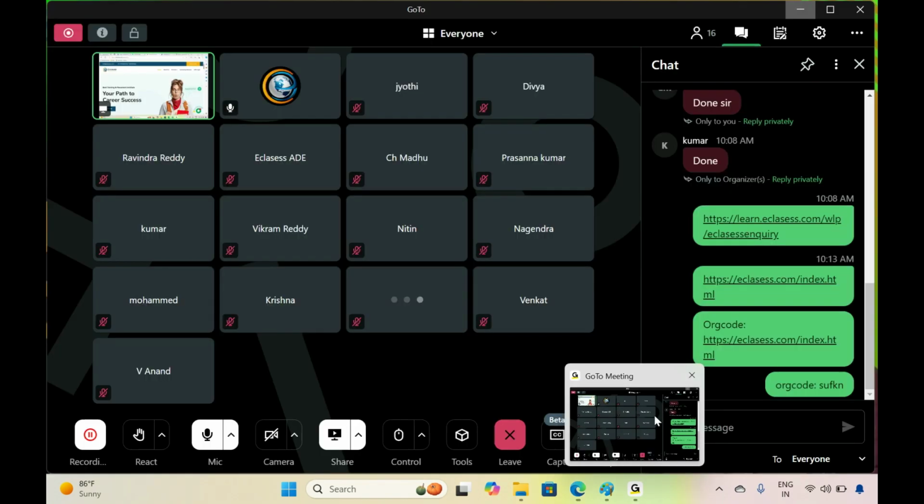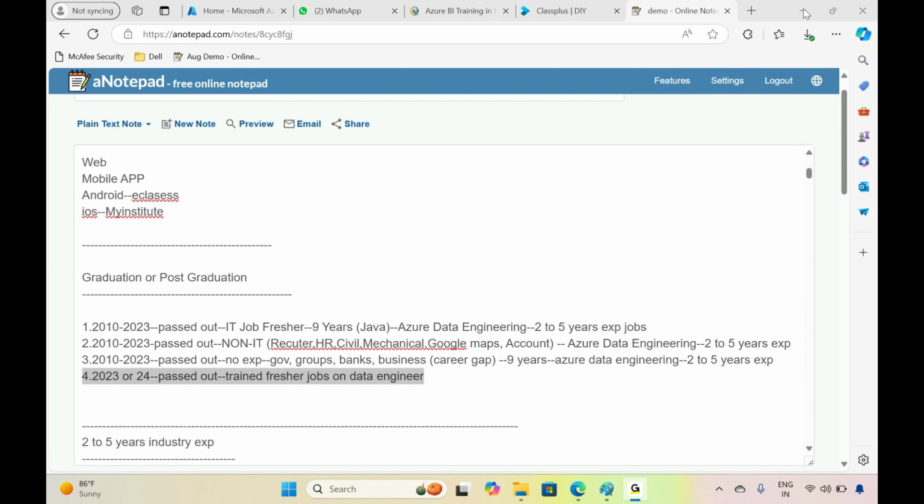Can you guys please tell me which category you belong to? Category 1, category 2, category 3, category 4? Can you tell me the number? Which category do you belong to? I just want to verify. Yeah, Kumar belongs to category 1. That means he's an IT guy, now we want to upskill. Jyoti, category 2. Prasanna, category 2. What about other people? Definitely you belong to one of the categories. Someone belongs to third category, second category.